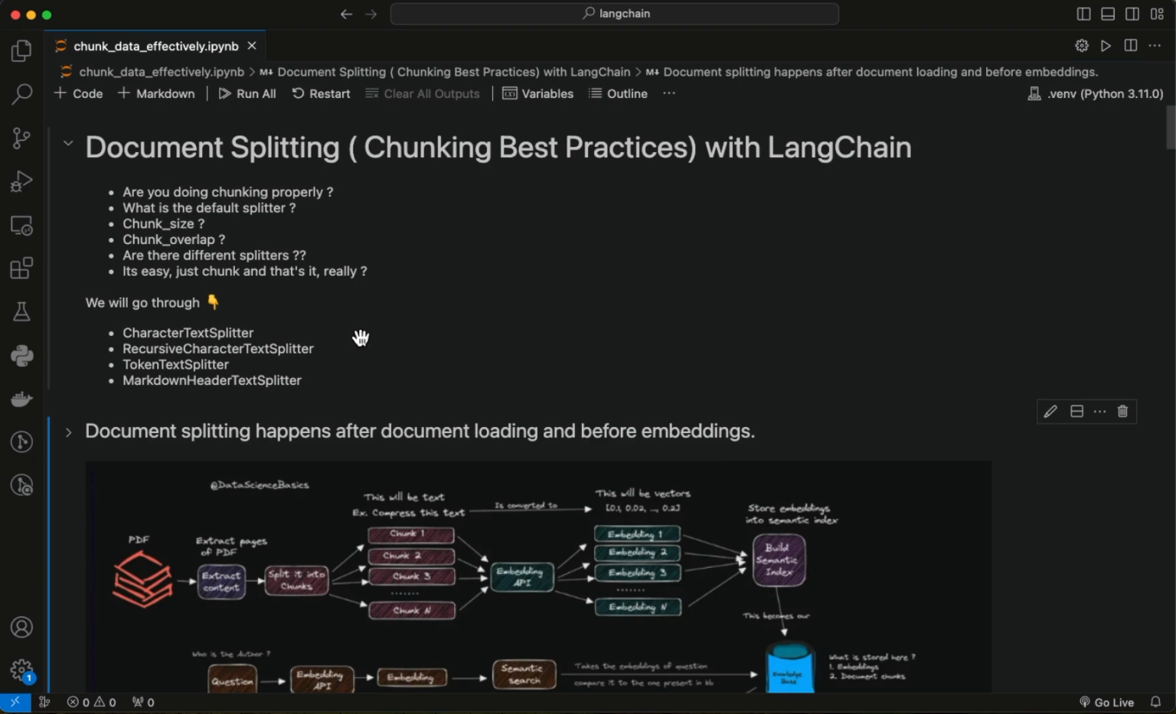In the beginning, let's try to understand, okay, what are we trying to achieve here? Are you doing chunking properly? What is the default splitter? What is the chunk size? What is the chunk overlap? Are there different splitters? It's easy, just chunk and that's it. Is it really the case? Right? These are the things that we'll try to solve in this particular video,